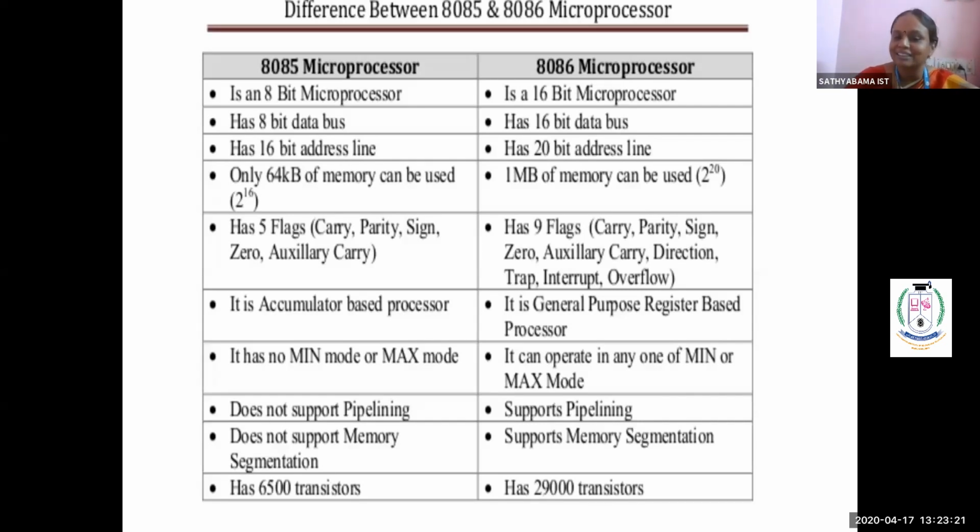And then transistors are also compared. When you take the number of gates used, it will be minimum in the 8085, but when you compare with the 8086, it will be very high because it does multiple operations, so many superior operations compared to the 8085. Okay. So next we will go into pipeline.